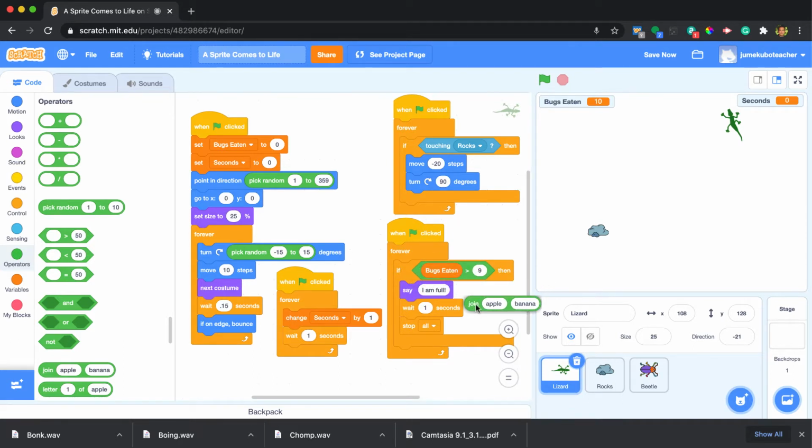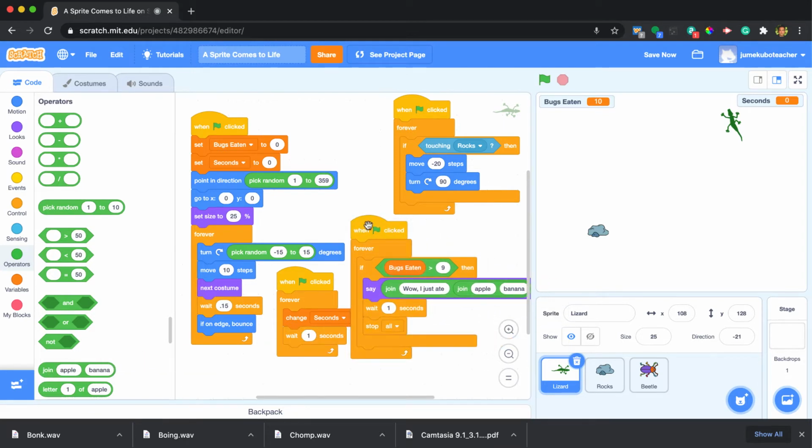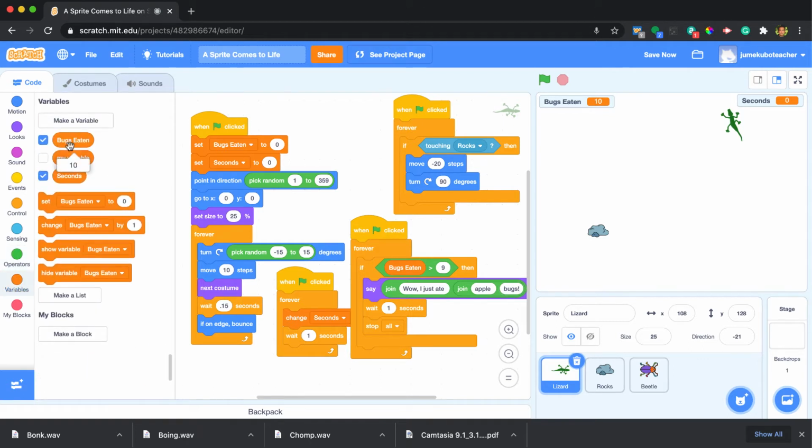Oops, sorry, not in there, in here. So we can say something like, wow, I just ate, and then we can bring in one more inside the last part, and we can say bugs, and the variable bugs eaten can be, oh no, since we already know how many bugs it will have eaten, we're going to say,